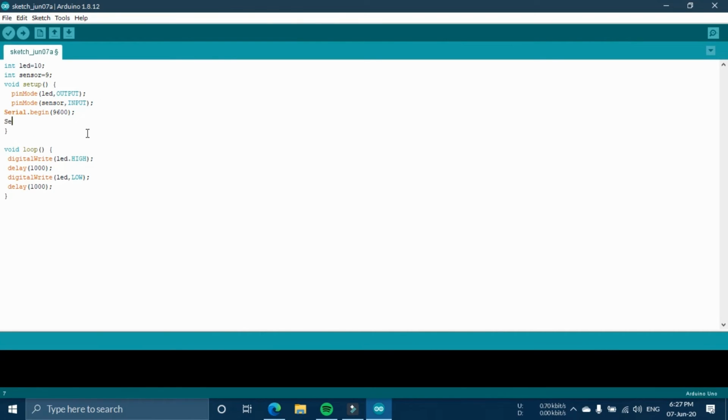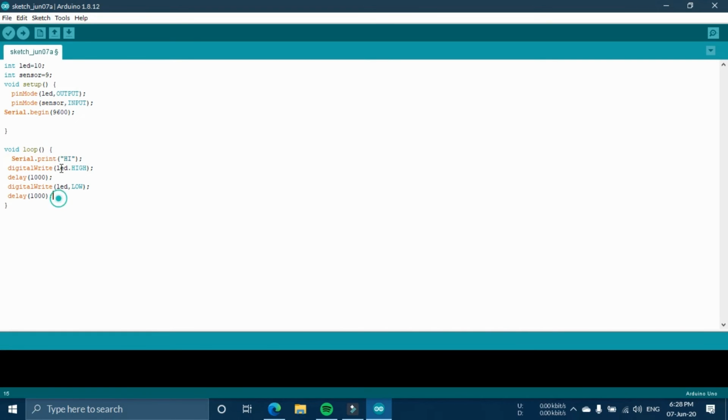Then you can write Serial.print. There are two functions: println is to print on a separate line, and just print is to print on the same line. So we can type hi and this will do it only once, whereas if you do this over here, it will keep on doing it forever.